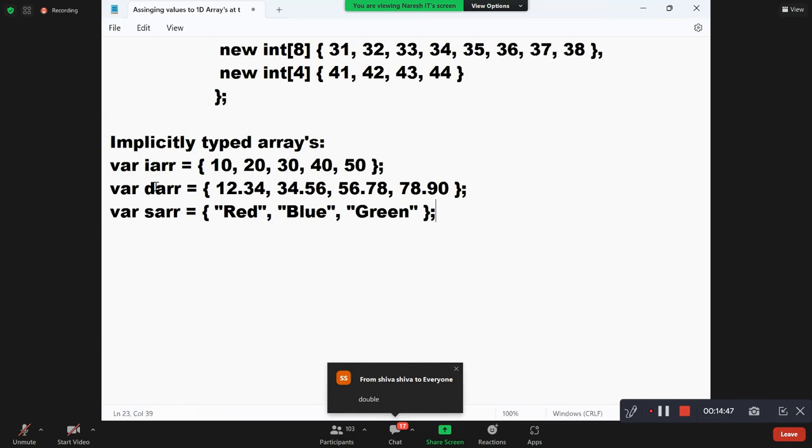String array. Understood? Actually, the declaration has a small thing here. When you're declaring, you should write like this: new of